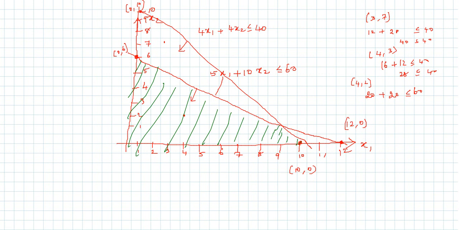So now we have to calculate the points of this feasible region. So here it is 0 comma 0, and this region will be like 10 comma 0, and this region we have to calculate, and this region it will be like 0 comma 6. You can calculate this point by solving these two lines, because it is an intersection of these two lines. So we can solve this by solving these two equations. For example, I am going to solve these two equations in a separate page.